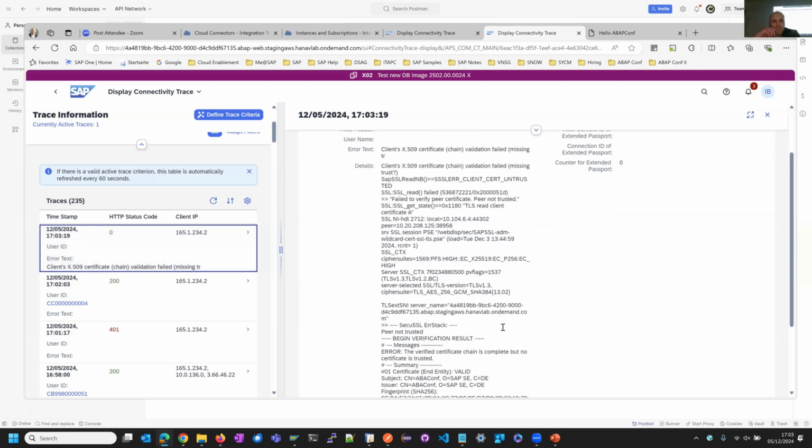That's the error message on the Steampunk side. If somebody tries to log on with a certificate, the Steampunk system does not trust it. Okay,